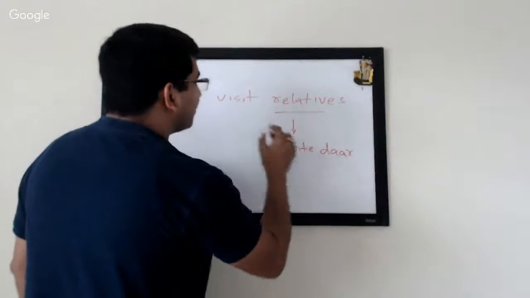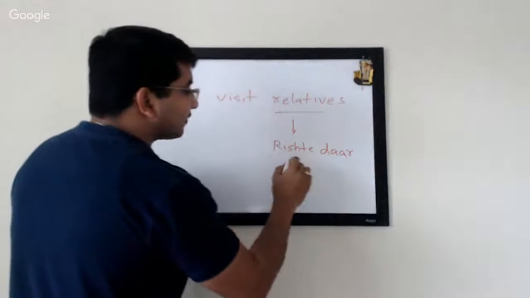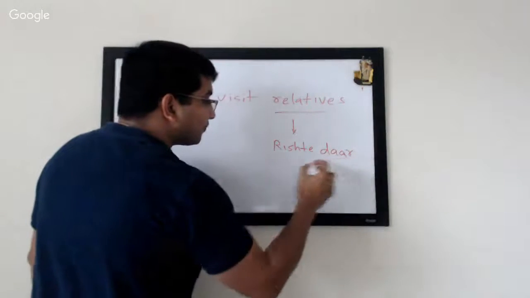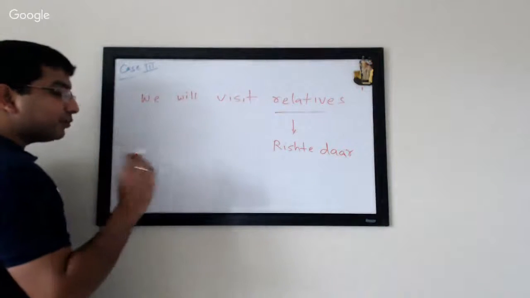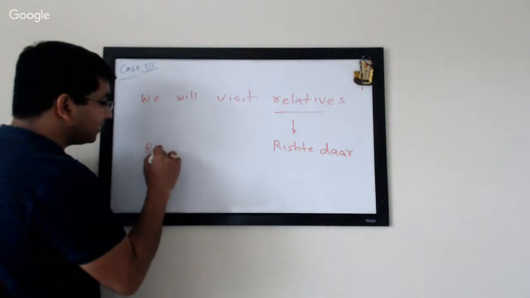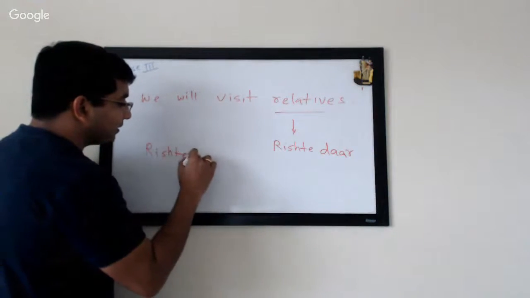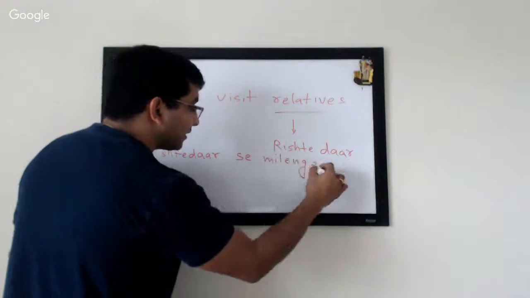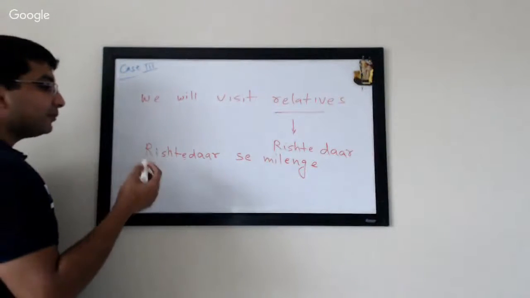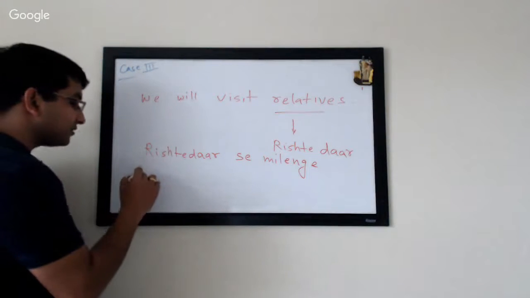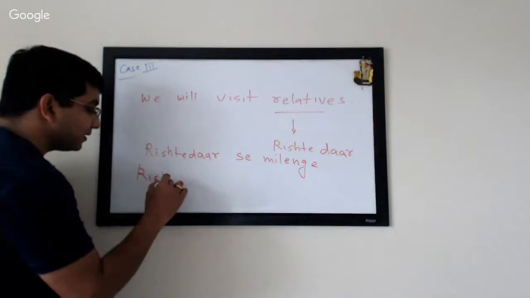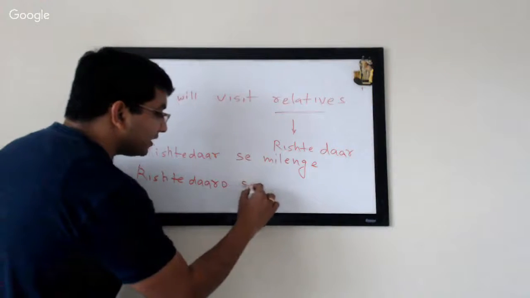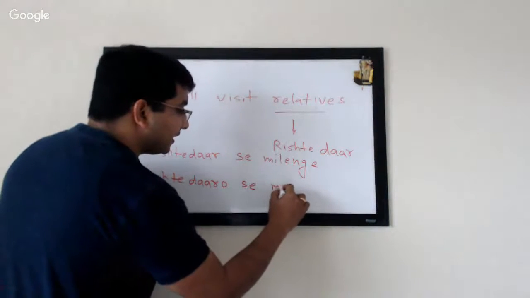So for example, you're saying that we'll visit our relatives. So if you're visiting only one rishtedar, you'll say रिश्तेदार से मिलेंगे, right? But if you're saying plural, you're visiting many rishtedars, it will be रिश्तेदारों से मिलेंगे,